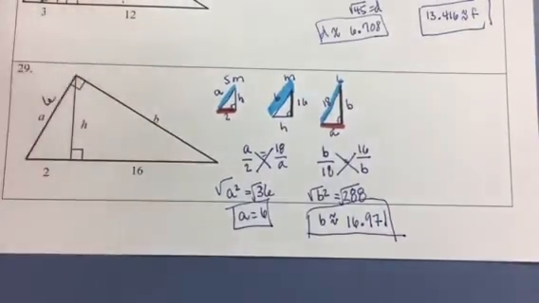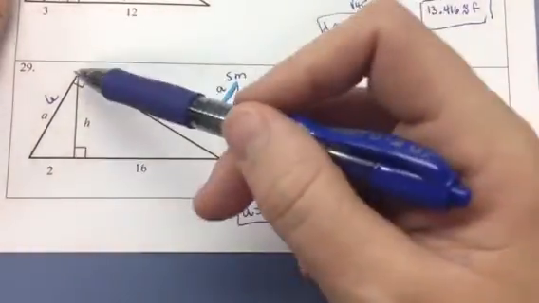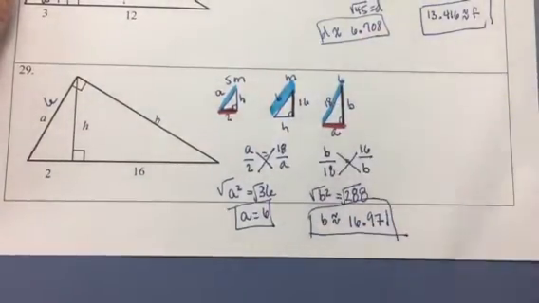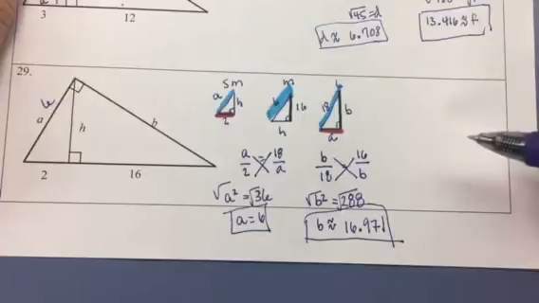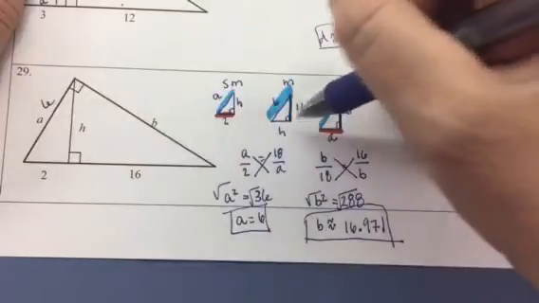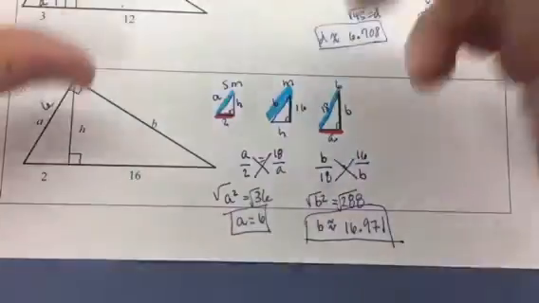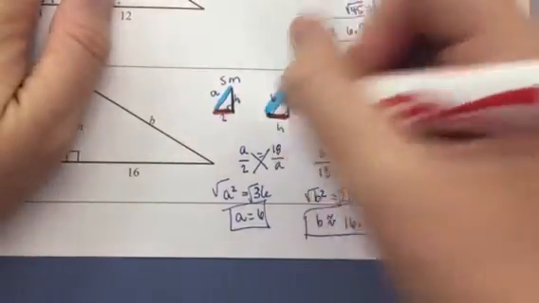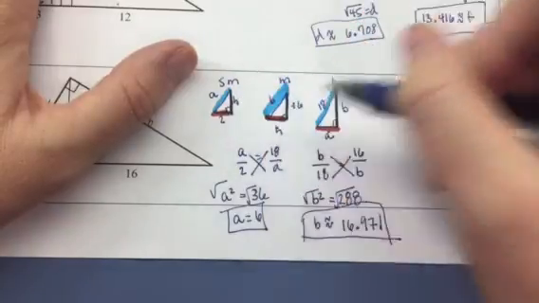Last but not least, we're going to find H. You might just do it by taking the geometric mean of 2 and 16, because we said that height is always one of our geometric means. And we really found that A and B are also geometric means in this problem. But instead of doing that, I'm going to show you with the proportion, and you can check it because it'll be the same math. If I look at where H is, I see H in my small and my medium triangles, so I don't need the large. H is going to be right here on the long leg. And then in my medium triangle, it's on the short leg. So if I look at this, I just need long to short, long to short. So I'm going to